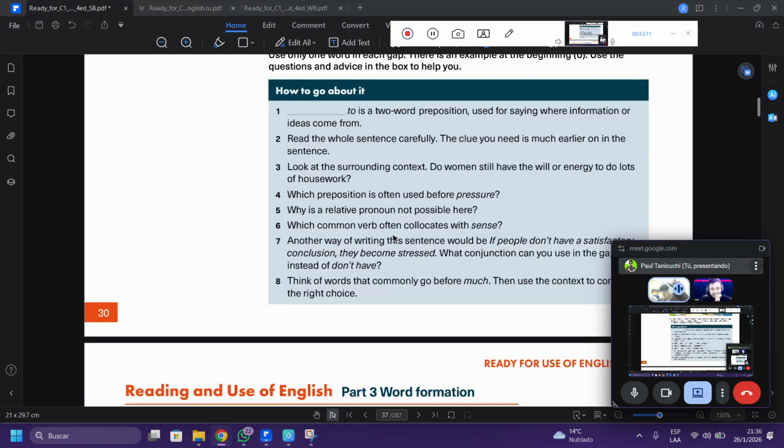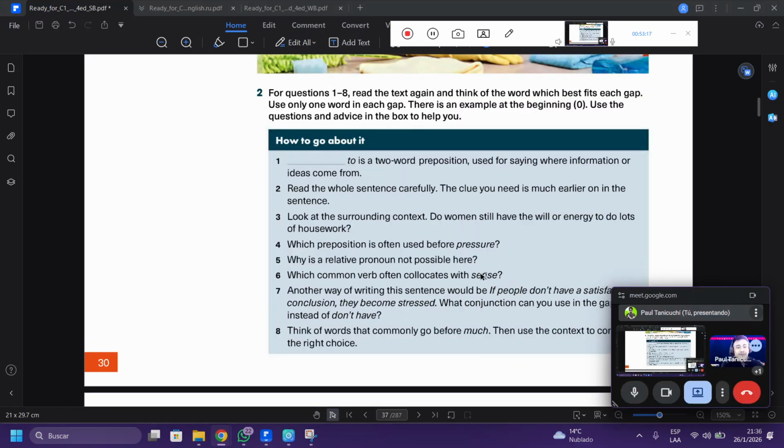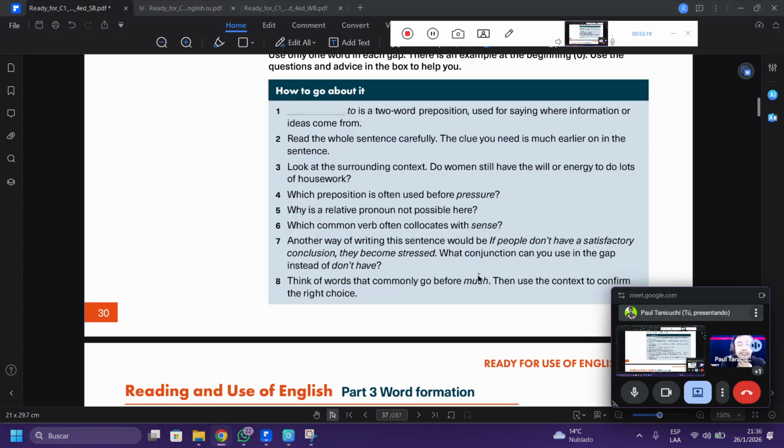Even the part, for example, in this case, as you can see here, in this little chart, this box, and how to go about it, there are a lot of useful tips that you can take into account. For example, you didn't remember the purpose of every single context.